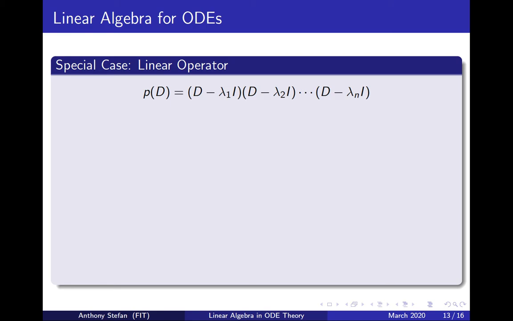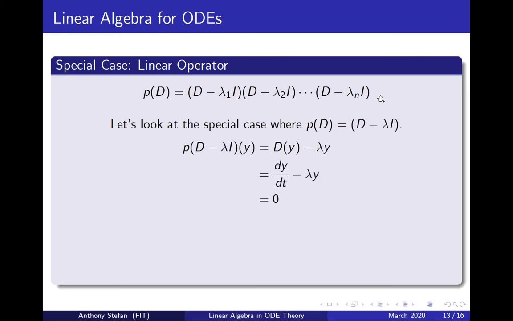So let's look at a special case of our linear operator. We know by the fundamental theorem of algebra, we can always factor our equation P of D into D minus lambda 1 I, D minus lambda 2 I, all the way to D minus lambda n I. I just wanted to make that very explicit because I wanted you to see exactly why we were looking at this special case and where it came from. So P of D equal to D minus lambda I. If we look at this, then P of D, this linear transformation on Y, is actually equal to the